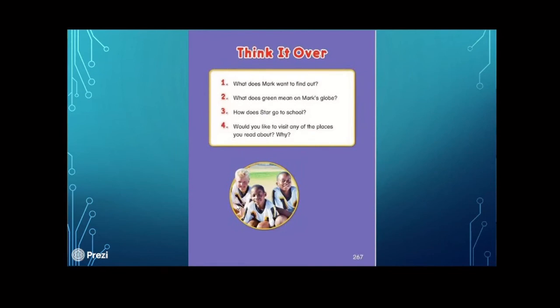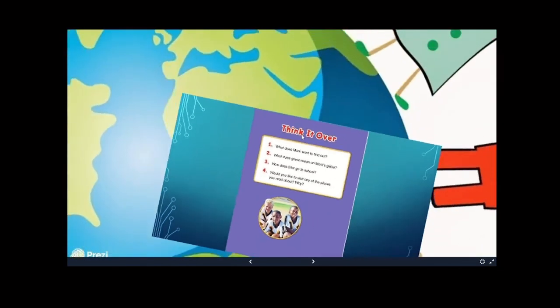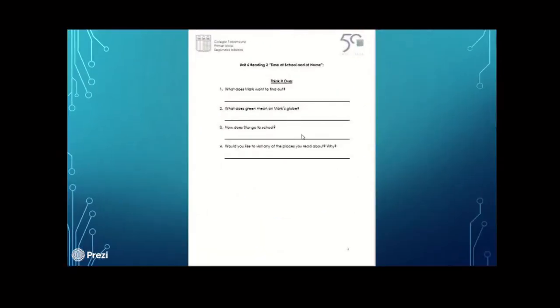Question number 1, what does Mark want to find out? Number 2, what does green mean on Mark's globe? Number 3, how does Star go to school? I know you know that. And finally, would you like to visit any of the places you read about and why? So very simple, you're going to write your answers right here in this worksheet, and after that you're going to the next worksheet, which is